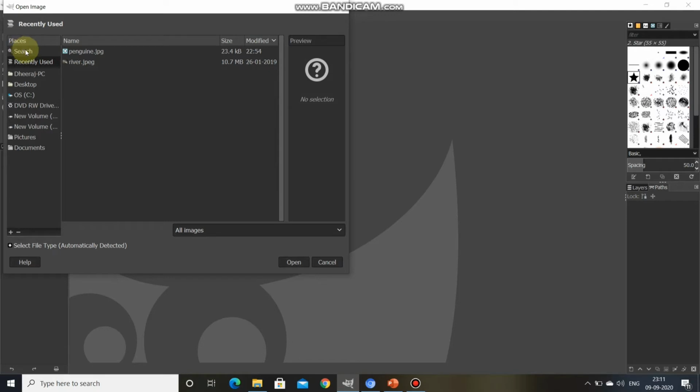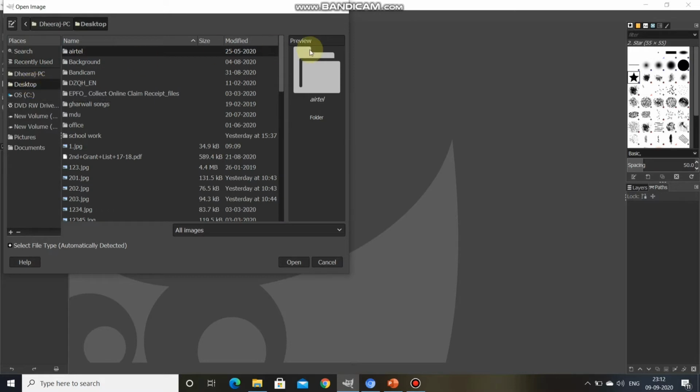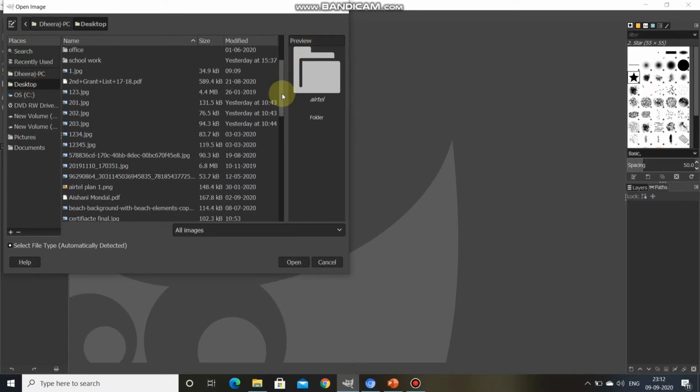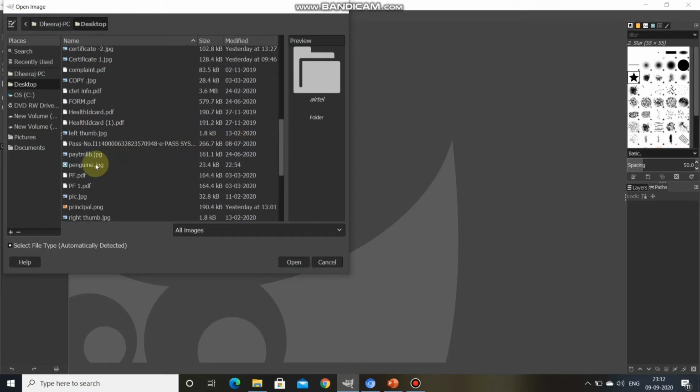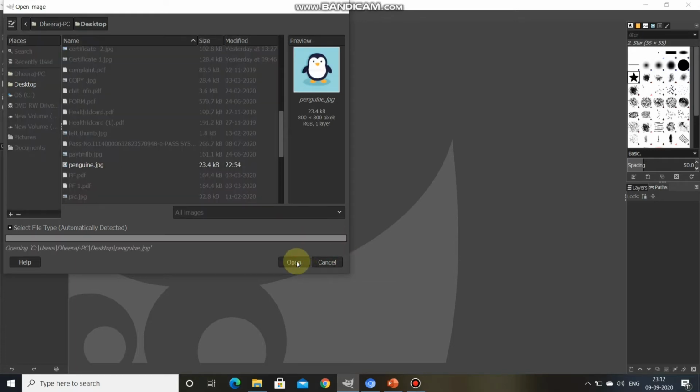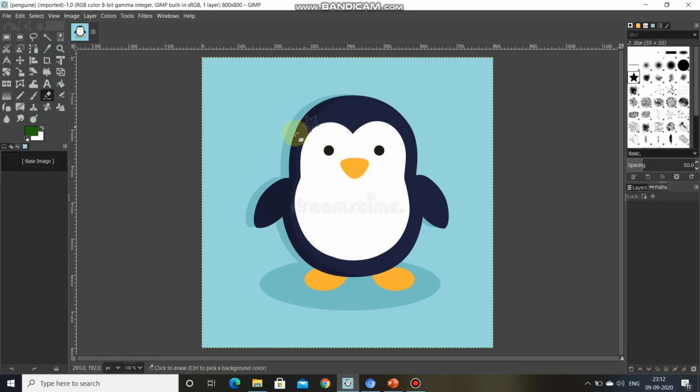I have one image of a penguin on my desktop, so I'll click on desktop and take the image from there. This is the penguin image I have saved on the desktop. I click over it and then click on Open. Can you see this penguin image is here?